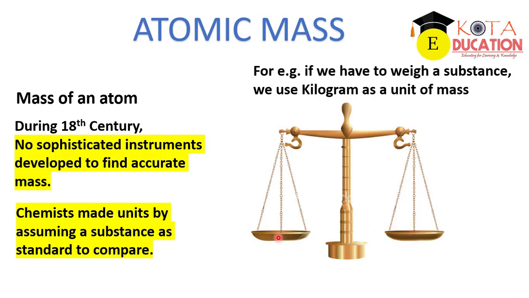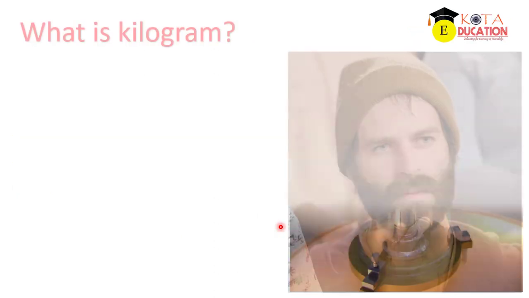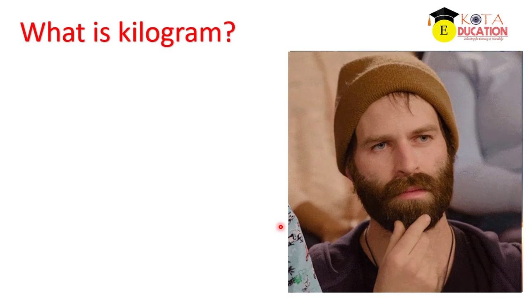So the substance will be said to be 1 kg when both sides of the balance are equally balanced out, right? Both the weighing bar as well as our respective item should be equal. Then we say it is having equal weight, right? Obviously, if you go to the vegetable vendors, you definitely find the weighing bar, right? But the question is, what is kilogram?